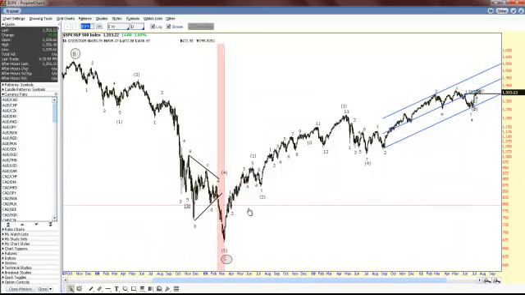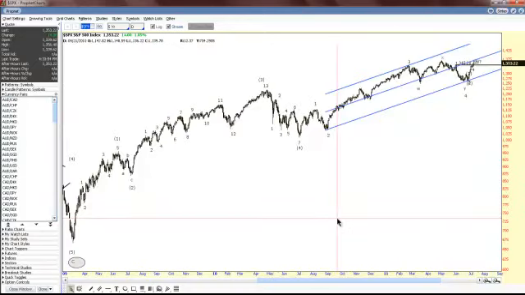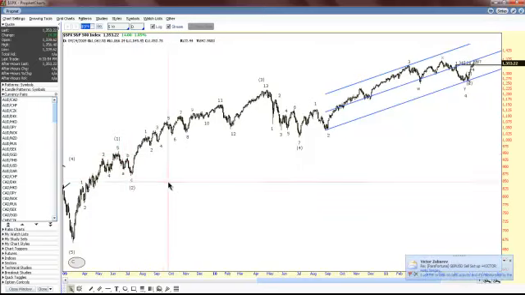Now I want to clarify a little bit what I'm looking at in the short-term picture right here. A lot of people have labeled this as an ABC structure, and I've seen that quite a few times. I just don't understand how they come up with that other than twisting the Elliott wave principle around. I think if you just look at the principle and use it for what it is, and not have a bias, you should be able to come up with a pretty valid count. I believe this count right now, we've done a 5-wave sequence up to this high to form wave 1, which is a simple 5-wave sequence. Did an ABC pullback,